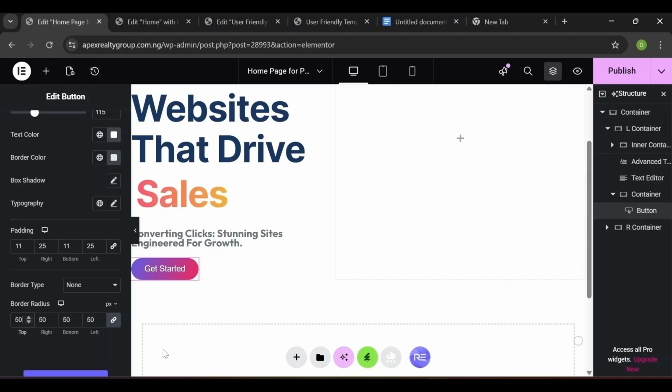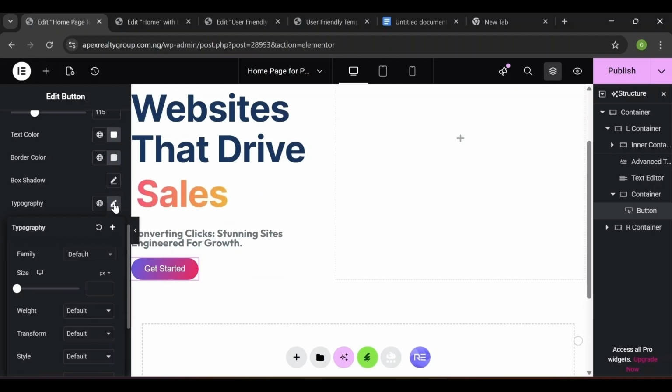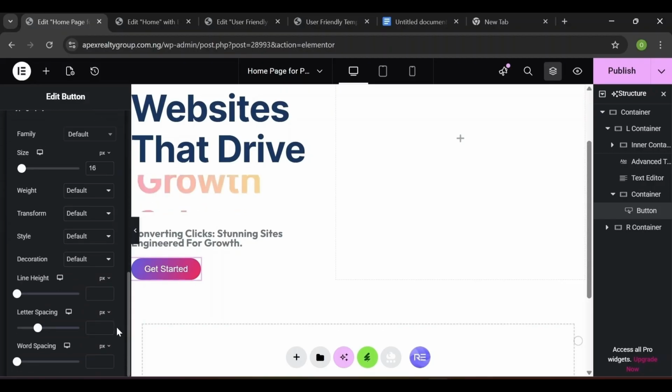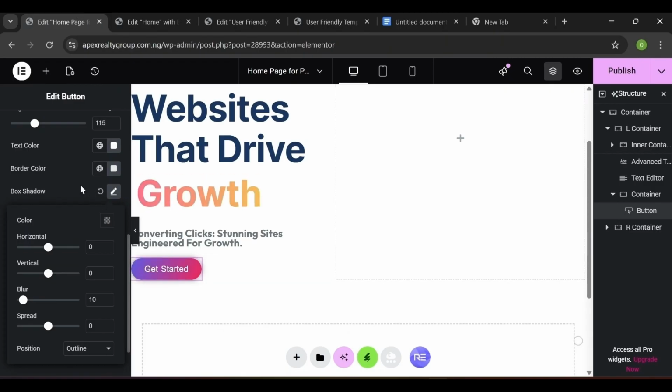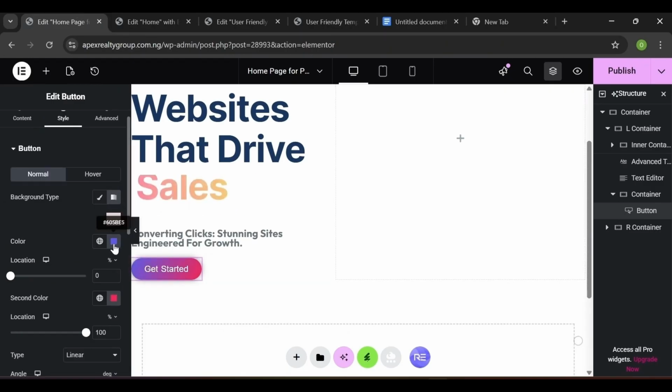Now we click on typography here, click on that, and then make the size 16. Make the word spacing 1. Scroll and make the word spacing 1 pixel. Now, so the button color for this one